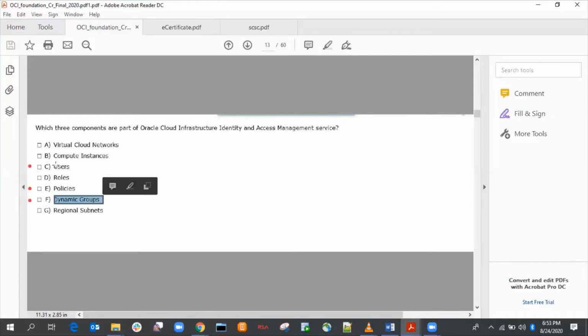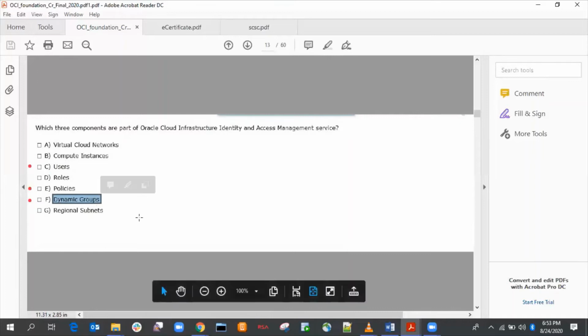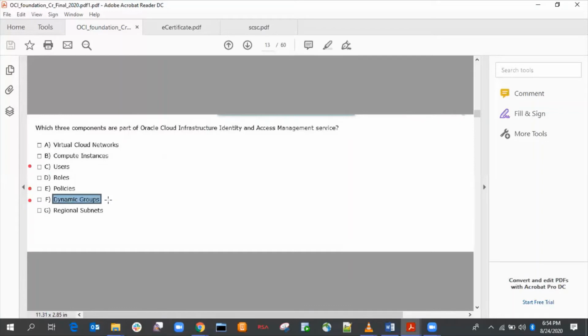First, the users. If you have 10 users, they will be grouped under one dynamic group. They will be added to the dynamic group. After that, they will put a policy on these dynamic groups. So you need users and dynamic groups. After the dynamic groups, you have to choose the policy. So these 3 are required.